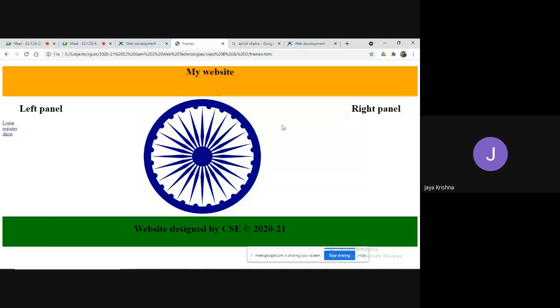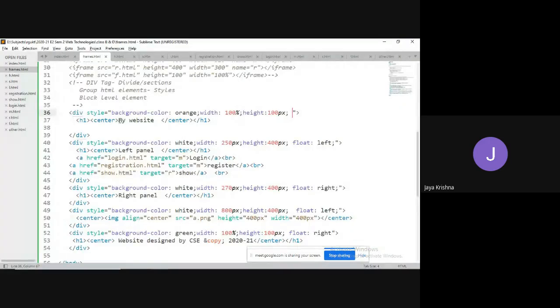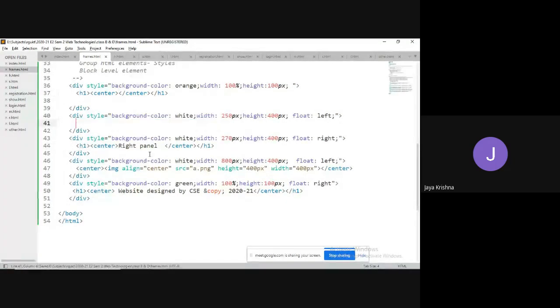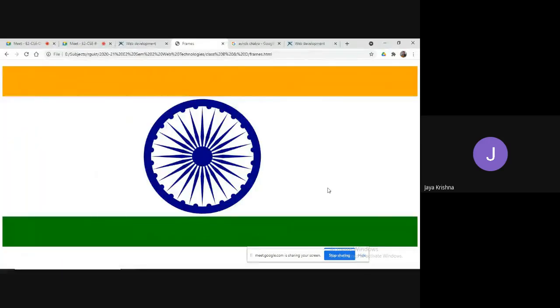It looked like a simple flag. I don't want all this data also. Yes. Beautiful. Yes, like this we can use the division tag.